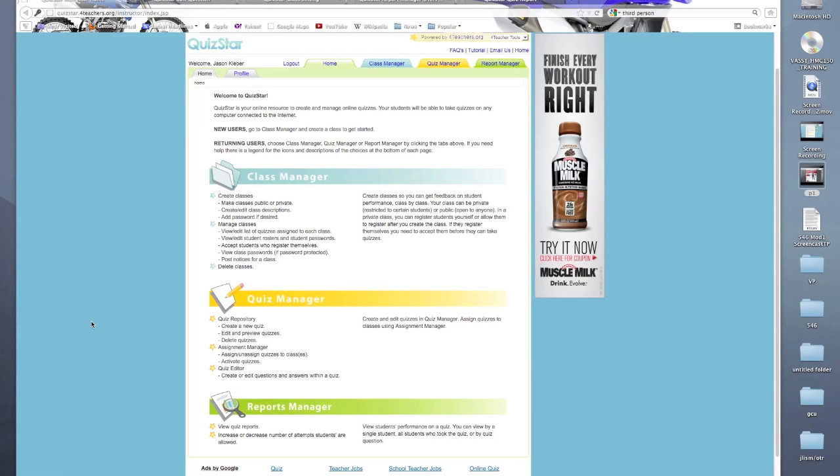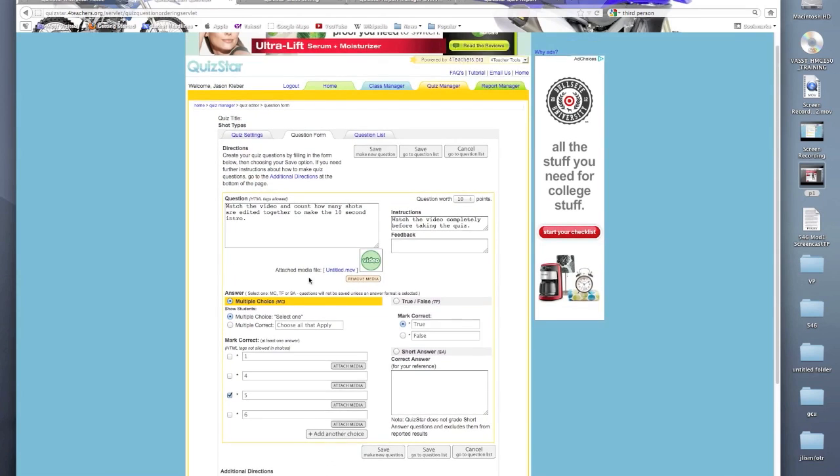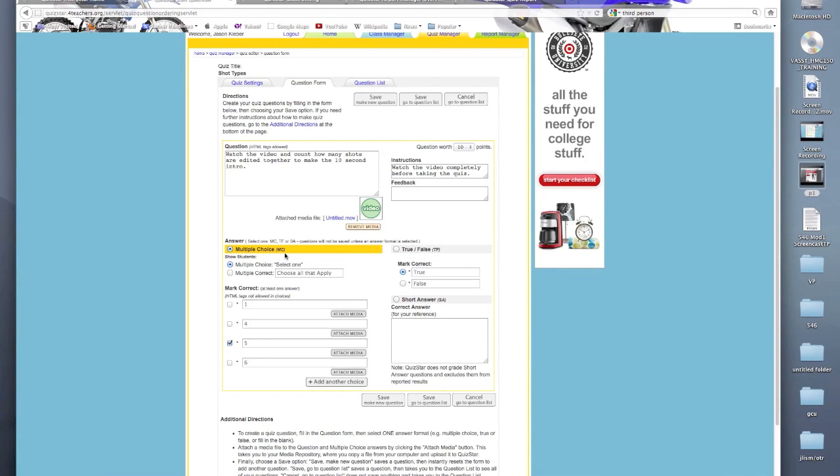QuizStar is a free online quiz generator that allows teachers to create various quizzes. In the editing format, teachers can create multiple choice questions, true-false questions, short answer and fill-in-the-blank questions. Perhaps the best advantage, though, is they can include media in the question or in the answer options. Teachers can also